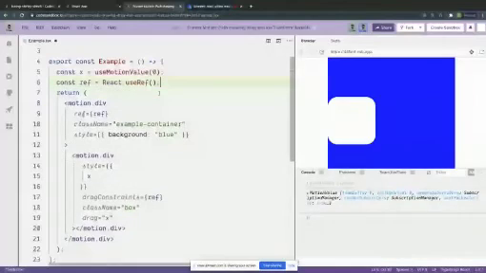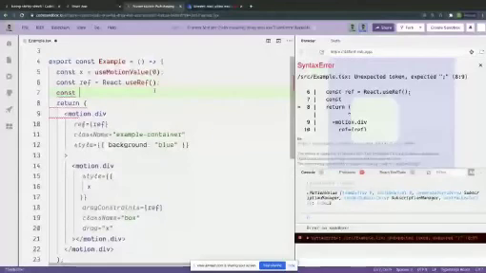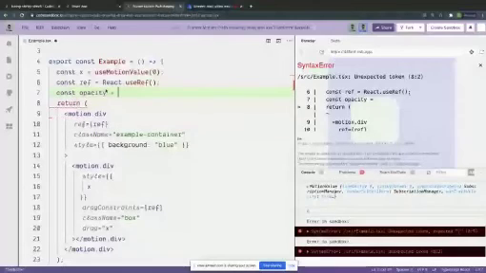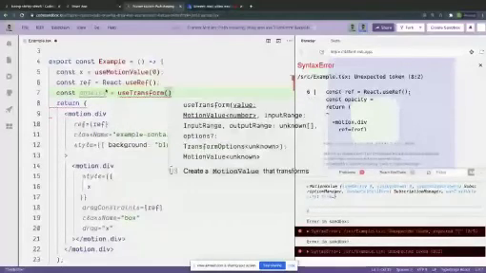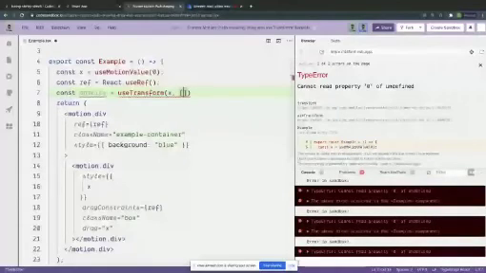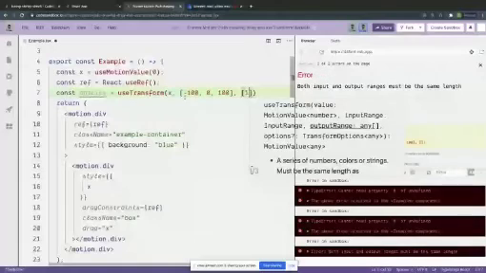But what we can do is we can also animate this component, so as it is being dragged, you can animate multiple aspects of it. For example, if I want to animate its opacity when it is being moved, I can create something like this opacity, and I'll use something called useTransform, and I'll just simply map it to the values that my drag will take. So the X will move from something like -100 to 100 pixels. So as it is moving in that direction, I want to animate its opacity from 1 to 0 and back to 1.